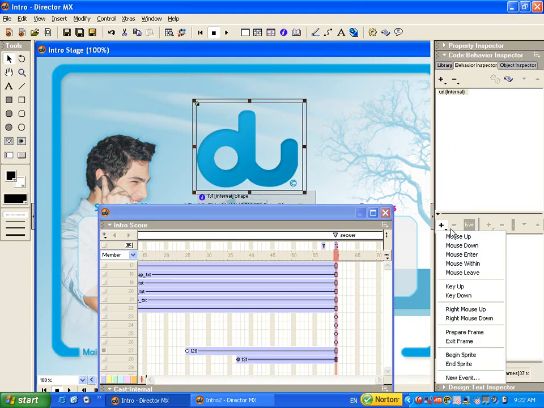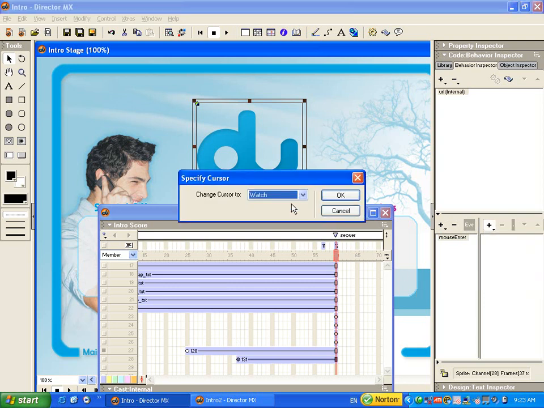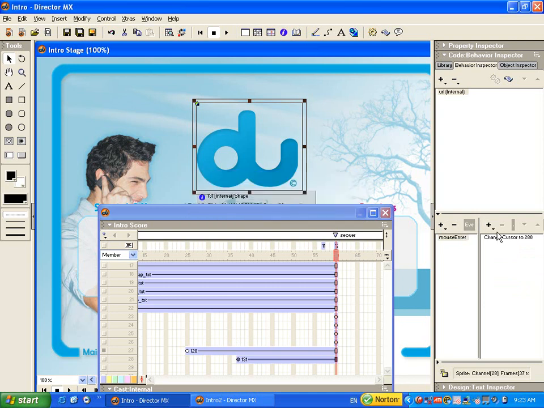We can add on mouse enter, and what we want to apply is, when the mouse enters the logo, we want to display again that sprite that is located in channel number 27. So after we add the basic interactions with the cursor, to change the cursor to be a finger when the mouse enters,